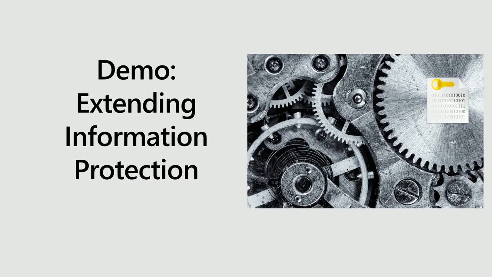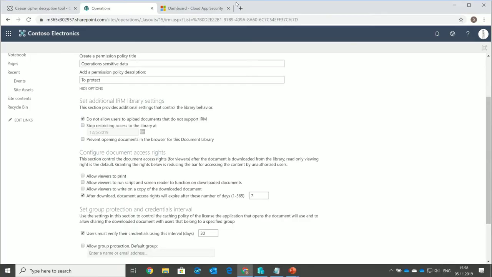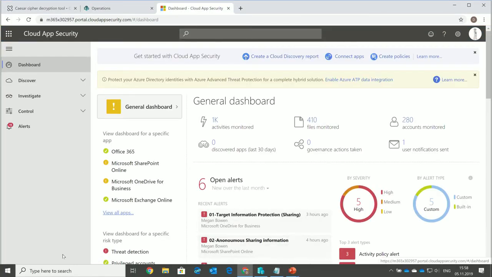But let's extend our information protection. I have a product called Cloud App Security. Cloud App Security will extend a lot of security features. This is an E5 license, or you need one of the middle licenses, or just one of the Cloud App Security licenses. But you should see that I'm now trying to do something of the stuff that we did with